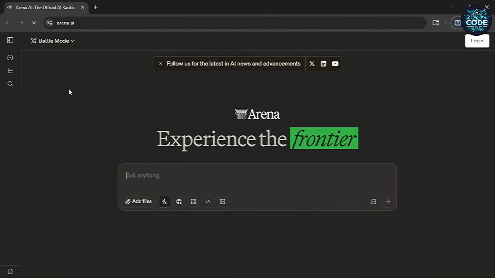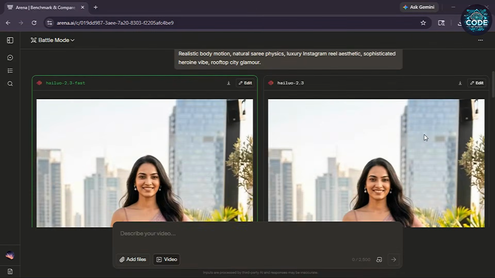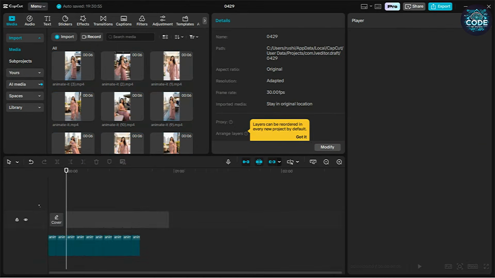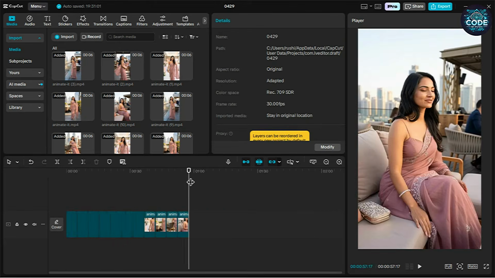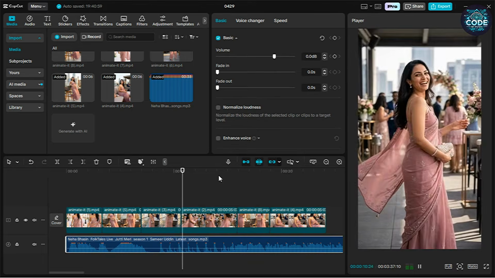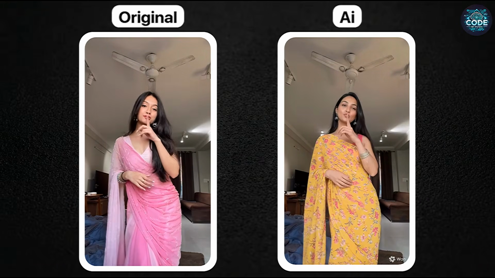Next is Arena AI. Each time you run the prompt, it generates 2 videos from top video models. You can combine all these small clips in any video editor, add the music, and your Instagram reel will be ready. If you want to recreate the same reel with your character like this one,